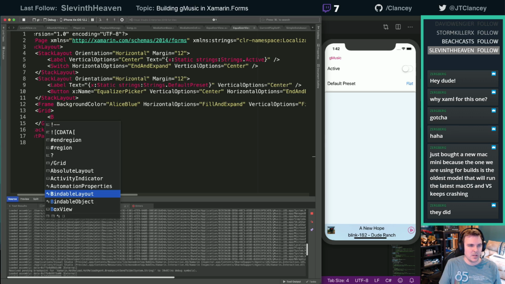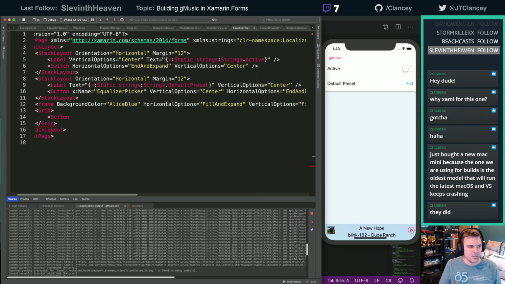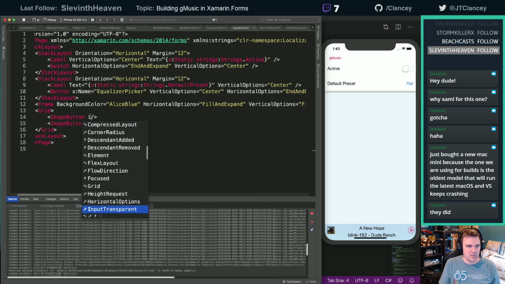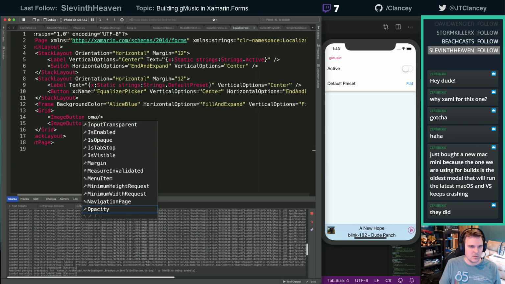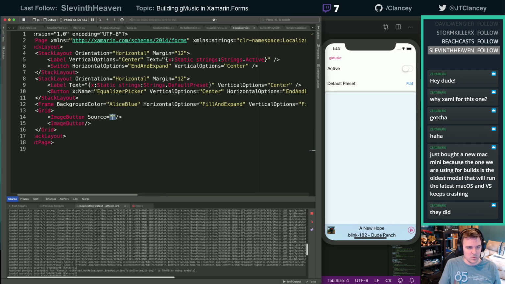Let's say, give it a button, image button, image button, nothing, nothing, nothing. That because there's no. Let's, oh, it uses source. Okay, we're getting somewhere.